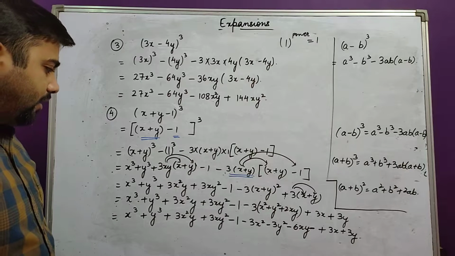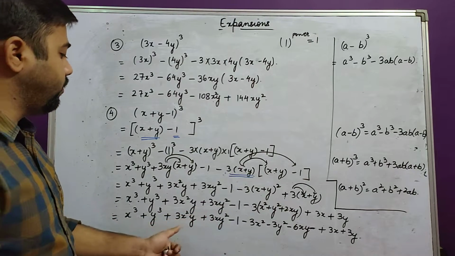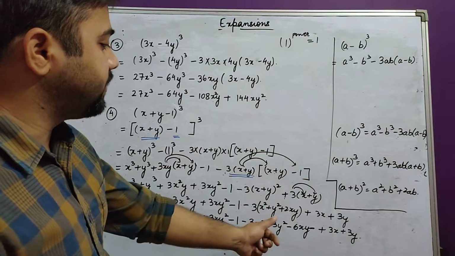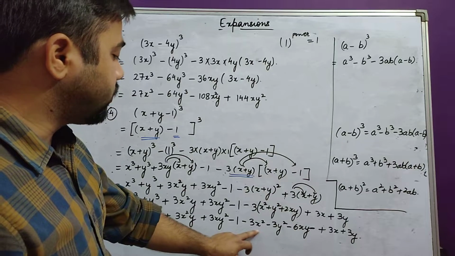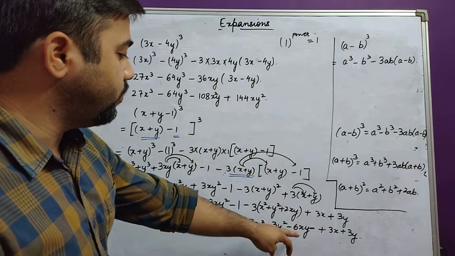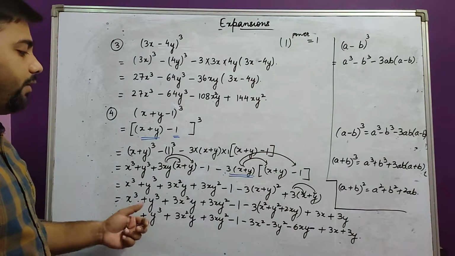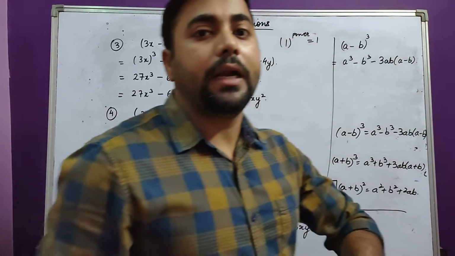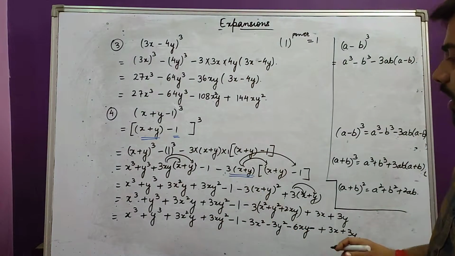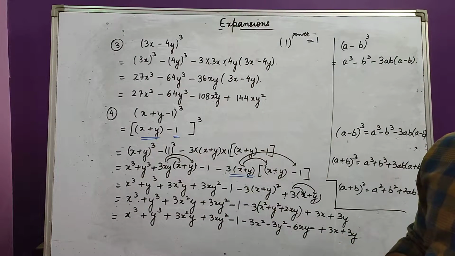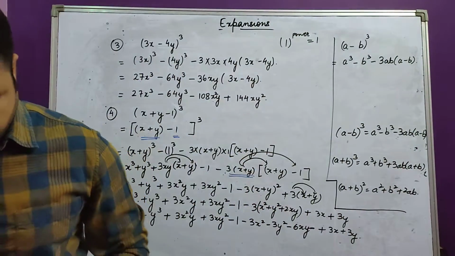Now at the end you have to see whether there are like terms or not. Let us see. x cube, there is no x cube. y cube, there is no y cube. x square y, is there any x square y? No. xy square, no xy square. x square, no. y square, no. xy, no. x and y. So this is the answer, because we have to look out. We have to look at the end whether there are like terms or not. If there are any like terms over there, we have to add or subtract accordingly, the question says. Let us move on to the next question now.